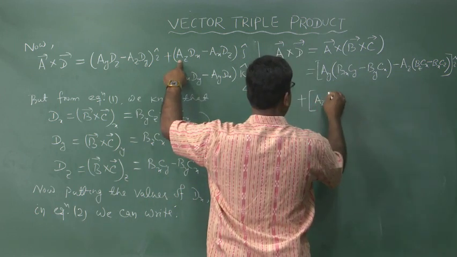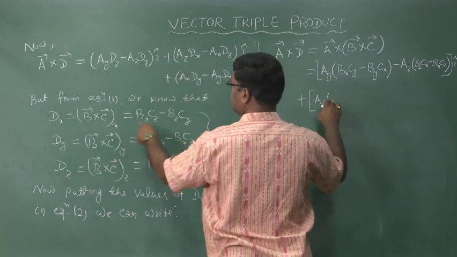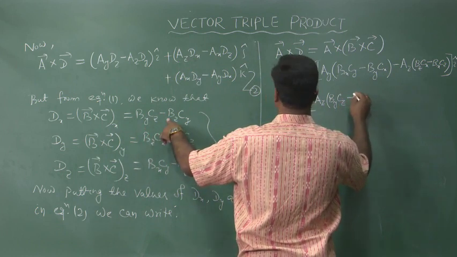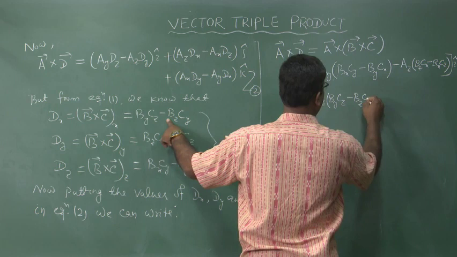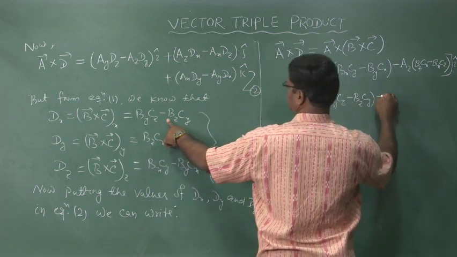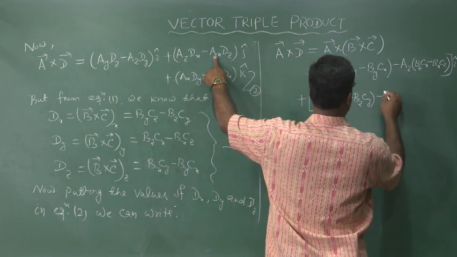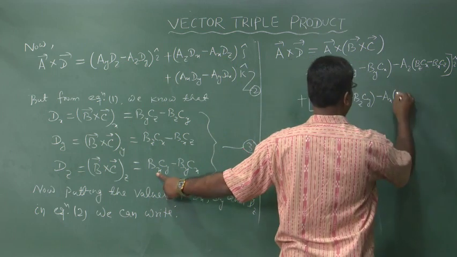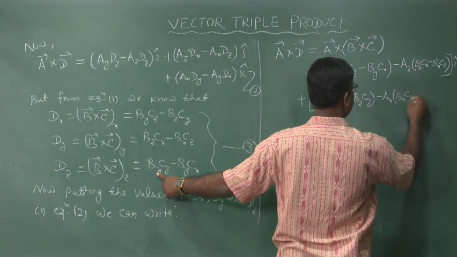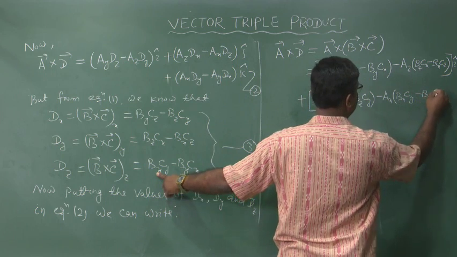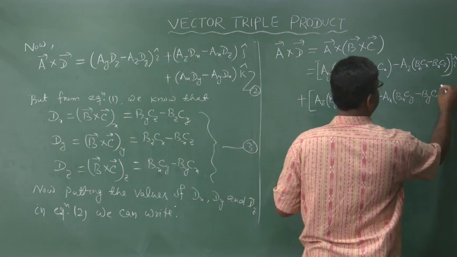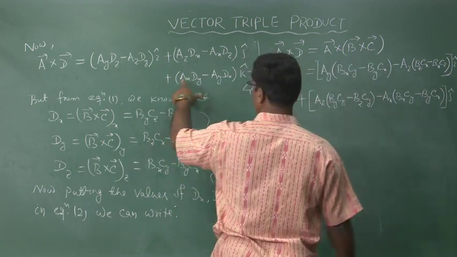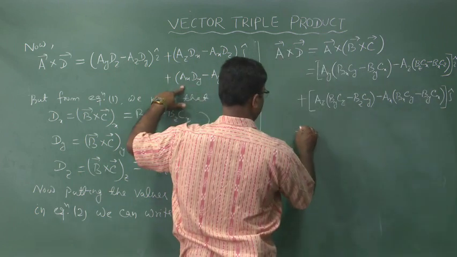Az into dx, dx is here, bycz minus bzcy, minus Ax into dz, dz is bxcy minus by into cx, whole into j cap, and finally the last term is this much, and plus